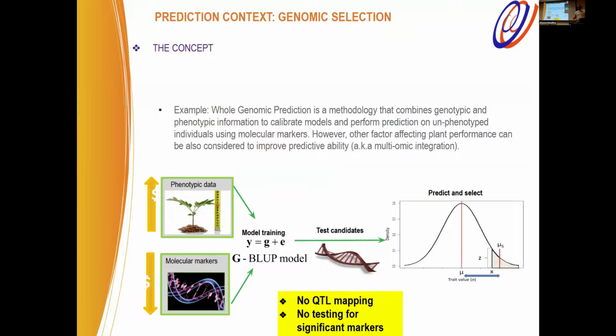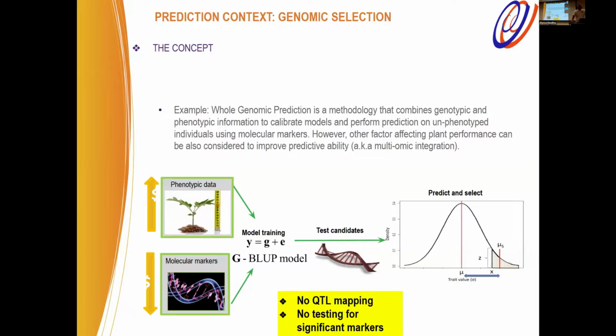Well, in this case, we know the phenotypic cost is increasing and sequencing costs are decreasing. The idea is to try to calibrate prediction models using some of the existing data and predict the performance of the unobserved genotypes using their marker profiles. And the concept is very easy. You can just say, I'm going to calibrate the model, I'm going to predict the genotypes, and I'm done. You can provide those results to the breeders.